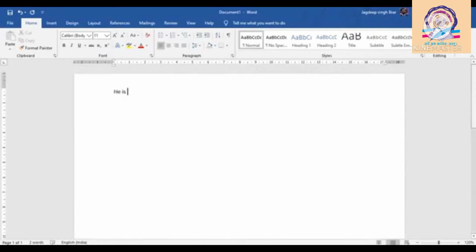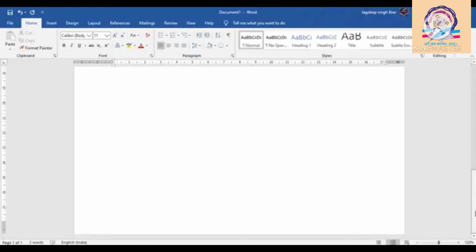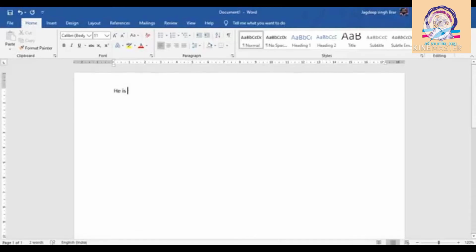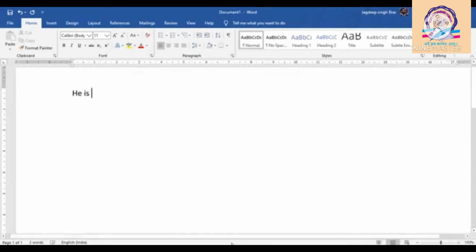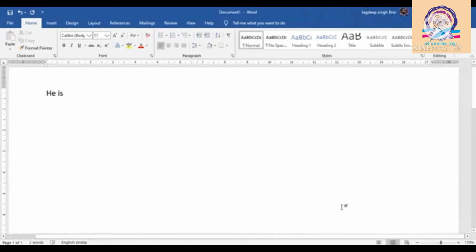Vertical scroll bar. This is a vertical scroll bar, located at the right of the document window and used to move the document up and down. To move your document down, or to move your document up, use the side. Similarly, if we increase the zoom, you can see here we have the horizontal scroll bar, which is located at the bottom of the document window just below the status bar, and it is used to move your document left and right.